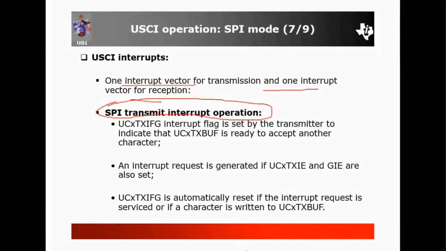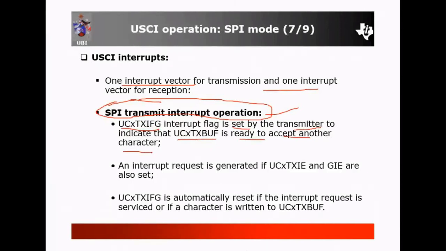That has certain rules. First you can see the SPI transmit interrupt operation. In that operation, UCxTXIFG is the UCx transmitter interrupt flag. This interrupt flag is set by the transmitter to indicate that the UCxTXBUF is ready to accept another character.